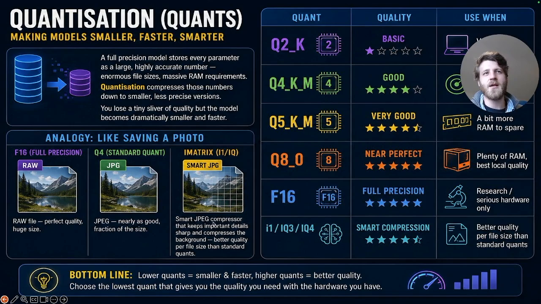So it's compressed the important details more sharply than some of the lesser quality details. So if it was a picture of a human face, for example, it would compress the background behind the human more so than it would the facial features of the human in the picture, essentially. So this is what the Q's mean. It means